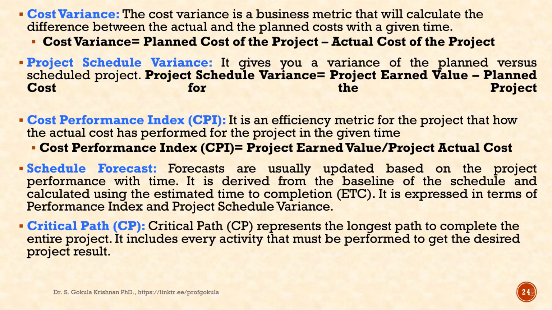So those things are utilized when it comes to the project management metrics. And a few other metrics are there, such as cost variance: planned cost of the project and actual cost of the project. It is always better that you stick with the planned cost. If something varies and exceeds more than what you planned, then you can understand your project management is not good in terms of managing, and it is always better that you equalize it, otherwise you need to bring it down. The efficiency of your project team is also measured here.